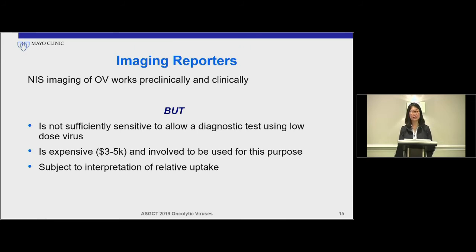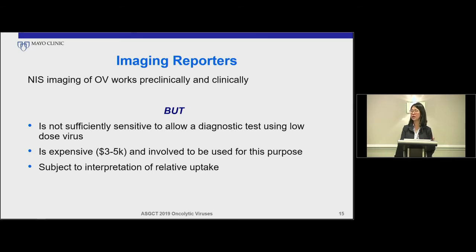SPECT-CT or PET-CT is expensive depending on the institute and the area of coverage for the patient, whether you want to have systemic disease or just a local regional for sarcoma. It can cost $3,000 to $5,000, and it takes logistics and teams of radiologists and your nurse coordinators to set up the test. And not all sites, actually, when we do these tests, we always have done it at Mayo and we're familiar until when we launched the multi-center sites, we realized that it is a new way to use